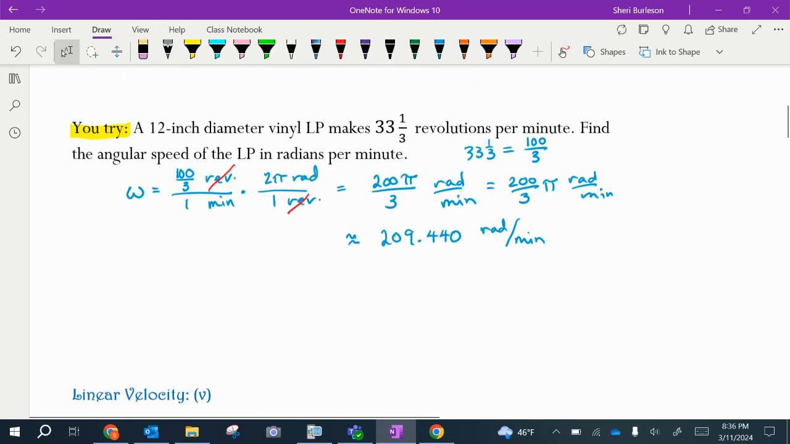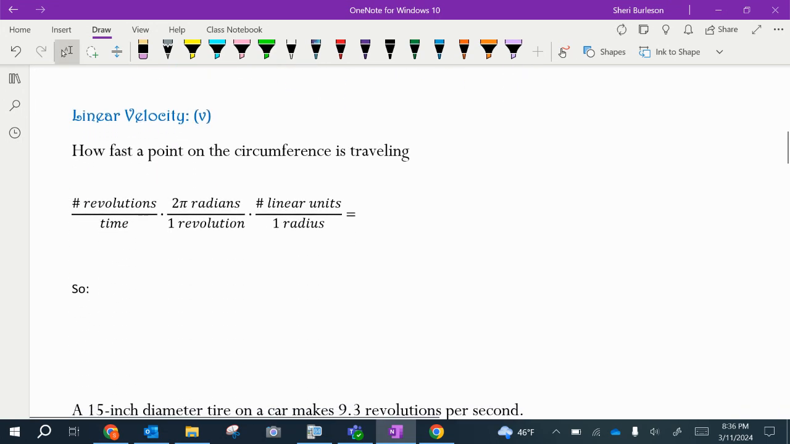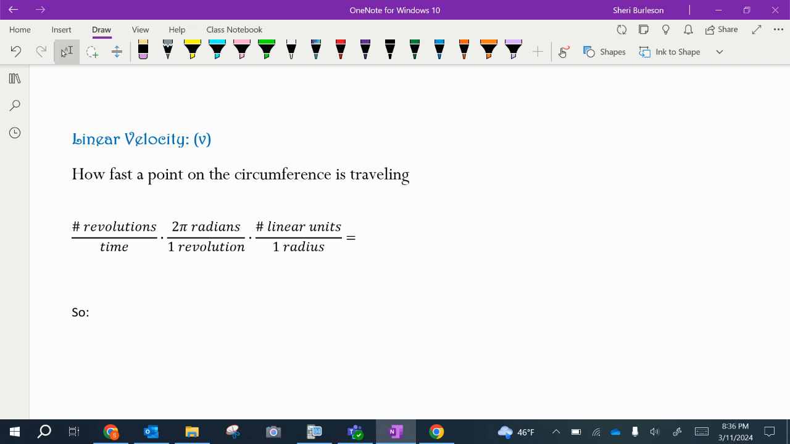What about linear velocity? So linear velocity is how fast a point on the circumference is traveling. Okay, how fast a point on the circumference is traveling. And this is going to be a linear distance. How much space is it, or how much linear distance is it crossing per unit of time? So we're going to take number of revolutions per unit of time times 2 pi radians per 1 revolution. And dimensional analysis, the